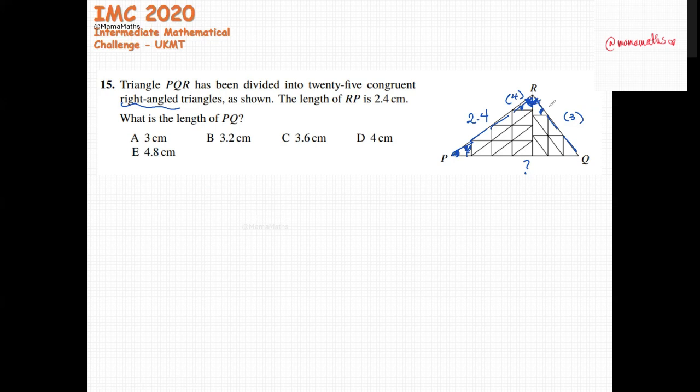We can make it up as a Pythagorean triple, or Pythagorean triangle. So 3, 4, and basically this is composed of 5 as the hypotenuse. So 2.4 divided by 4, that's 0.6. Multiply it by 5, that's 3 centimeters. So the answer is A. Okay,